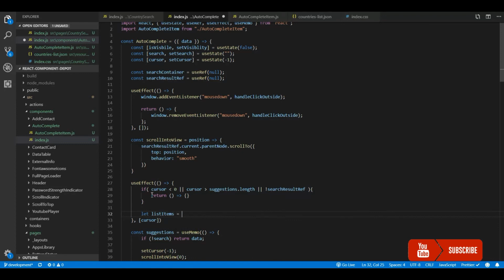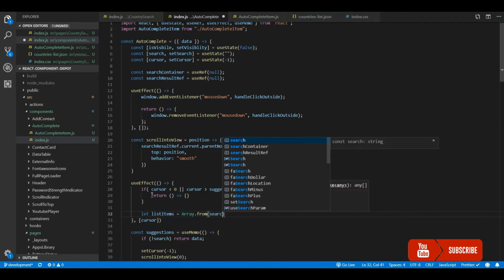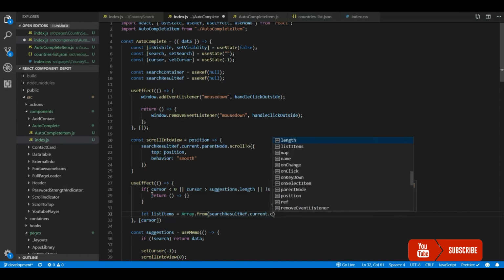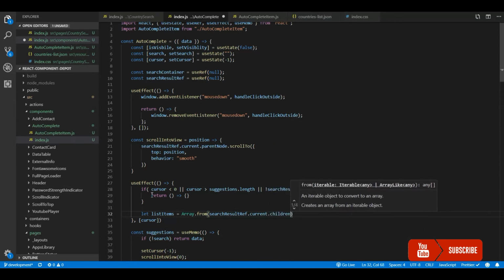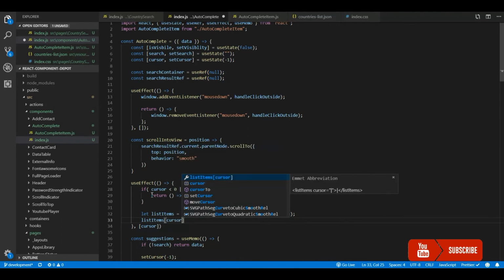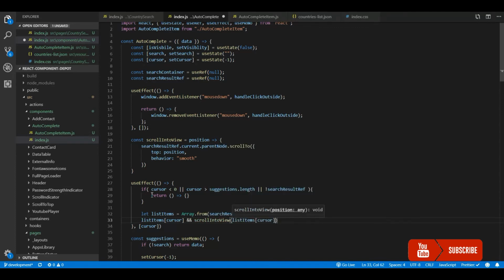Here, let's take the children, and we need to find the offset of that particular selected item. So let's take all the children, and based on the cursor position, we take the particular list item. If it is available, then we'll pass that offset to the scroll into view function, using offsetTop, which will give the position of that particular selected item.